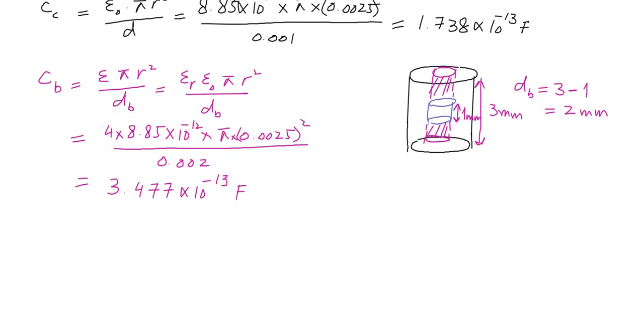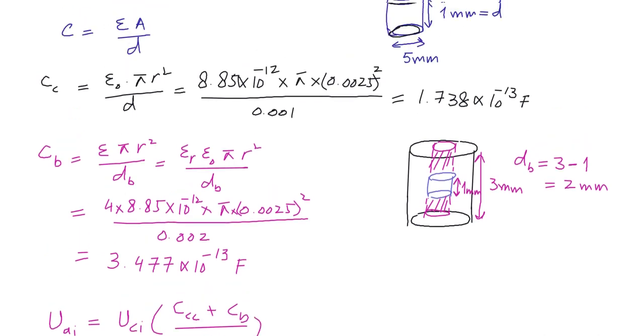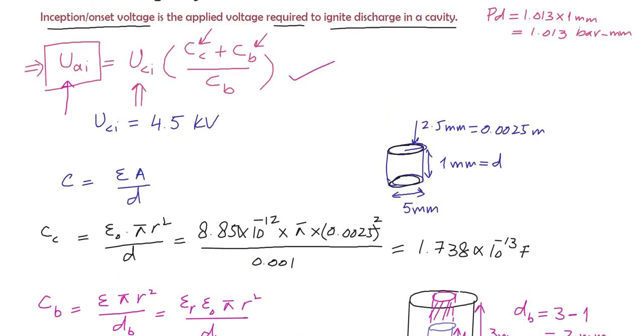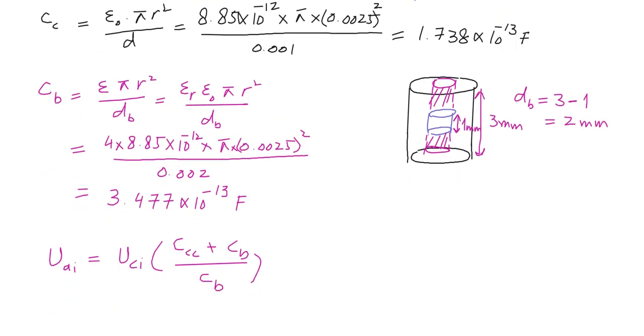Okay, so we are gonna put the values in the above equation, which is UCI multiplied by CC plus CB divided by CB, this equation. And we have all the values. UCI is 4.5 kilovolt, 4.5 multiplied by CC is